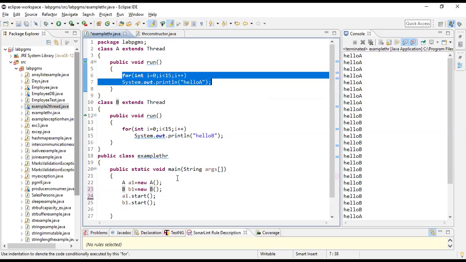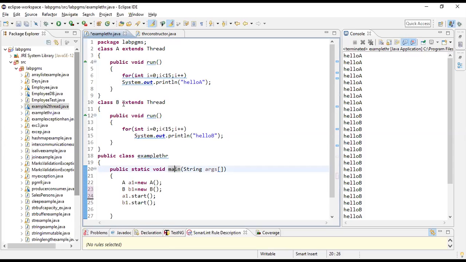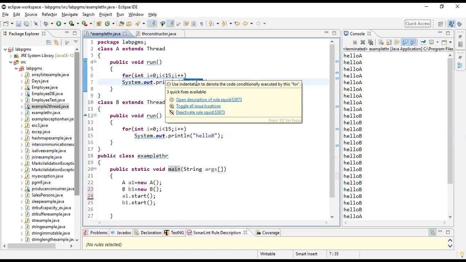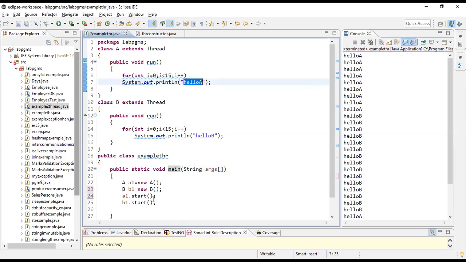So there are three threads running here. One is the main thread, one is class A, and one is class B. The possible outputs may be: main will start A, and A can execute partly this run method, that is, it can print maybe one time, two times, or even 15 times hello A. Then the control again goes back to the main function. The main function will start B, and again it depends upon the processor time, as it is threads. B also can print hello B for once, for twice, or complete 15 times,